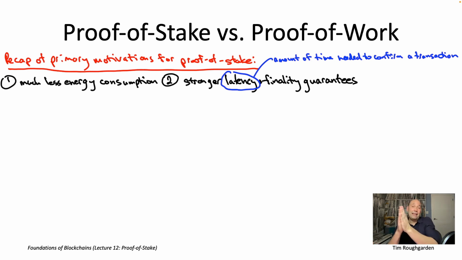So even if a block is K deep on the longest chain, it's conceivable that you'll get very unlucky with the next sequence of leaders, and they'll all be Byzantine, and they'll grow some alternative chain that rolls back this block that you thought was finalized. That's unlikely, admittedly, more and more unlikely the bigger you take the security parameter K, but nevertheless, the finality guarantee